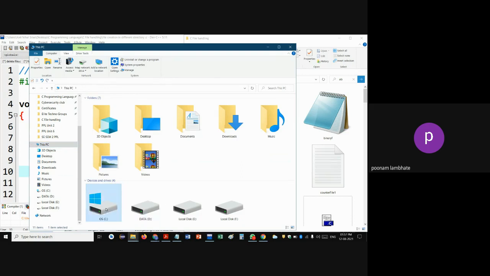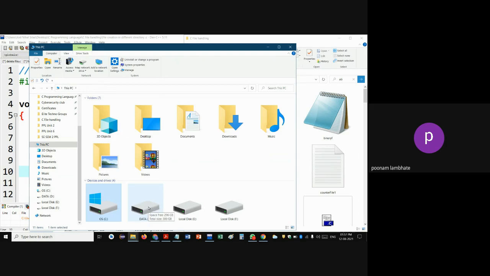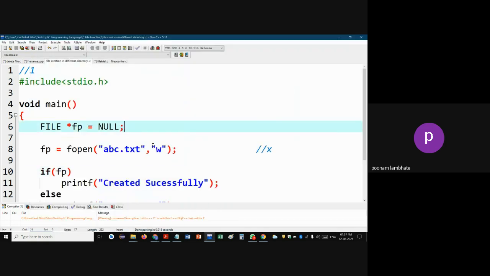So currently, whatever file handling programs I'm writing are in my C drive, but I now want to create the file in the D drive. So what I have to do is specify the path. That is, the name of the file alone is not sufficient, you have to specify the complete path. So for that you have to do it